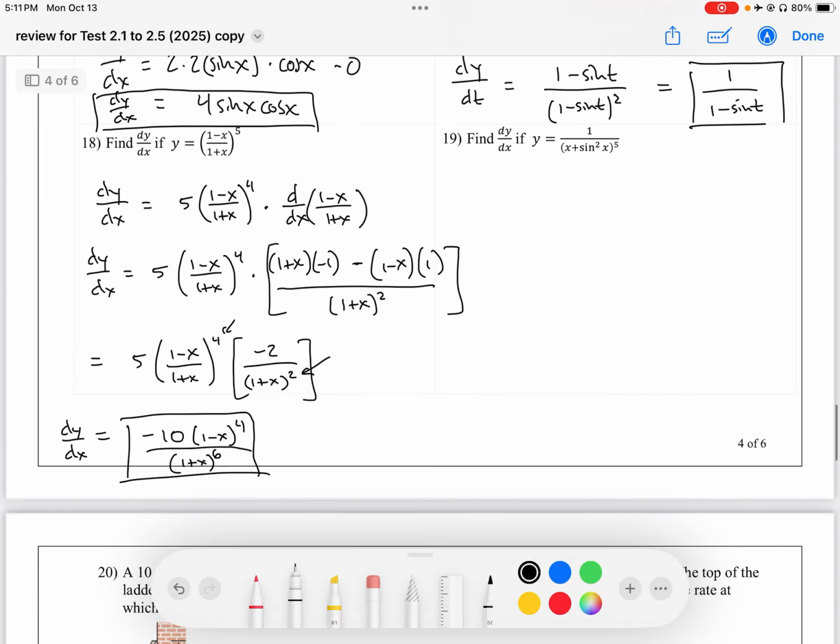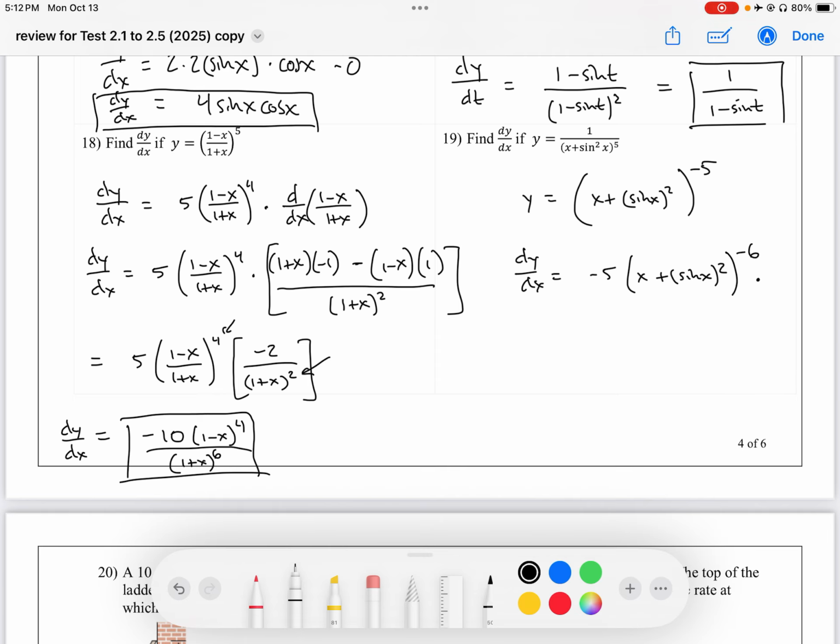All right, and finally this one. Ooh, what a lovely problem. Let's rewrite y as x plus sine of x all squared, all to the negative fifth power. So the outermost function is to the negative fifth. So dy dx, using the power rule, is negative 5 times x plus sine x all squared to the negative sixth power